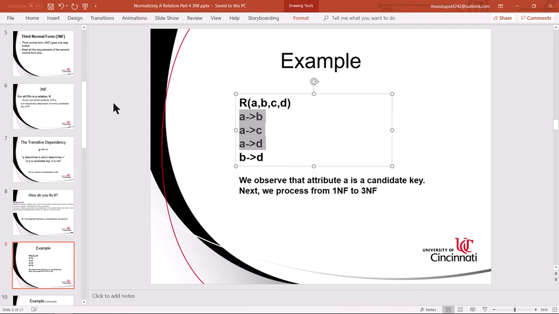We have a key then, and I will always give you a key. Don't worry, you will always be able to find it. But here's our 3NF violation. A non-prime attribute B determines a non-prime attribute D, and we got a problem. We have to go ahead and decompose this into 2 relations to eliminate that problem. Now what I'm going to do in this example is go through all the steps and talk you through 1NF all the way to 3NF. We know this is in 1NF already,